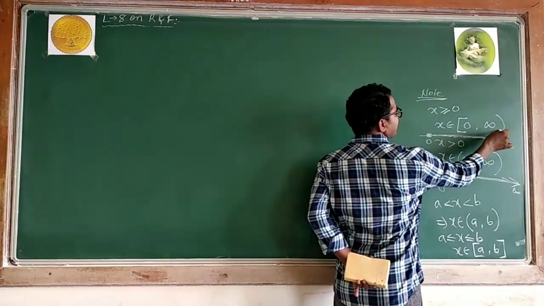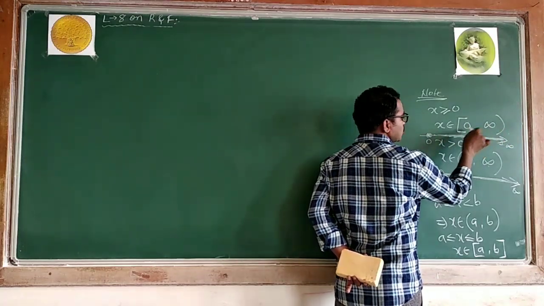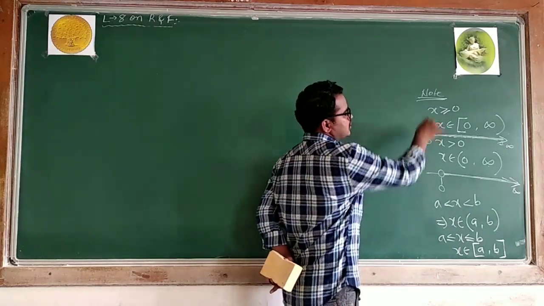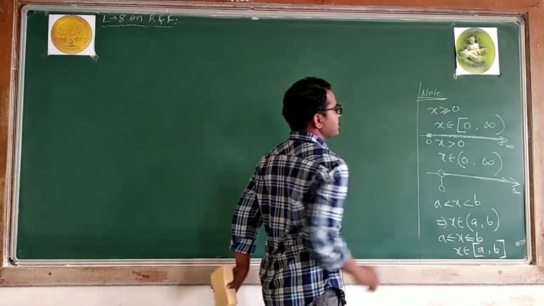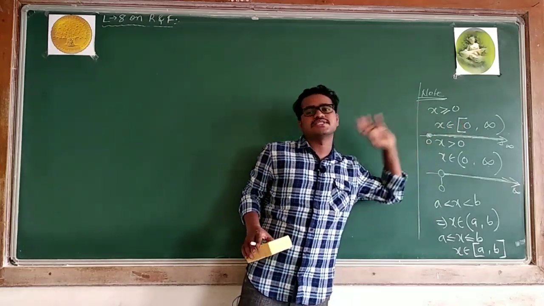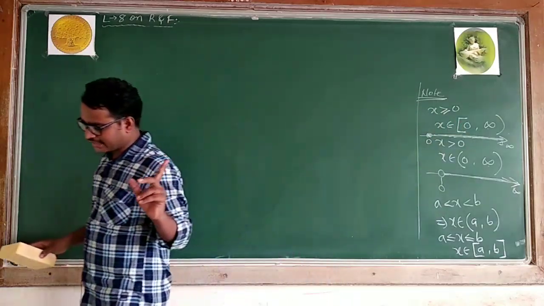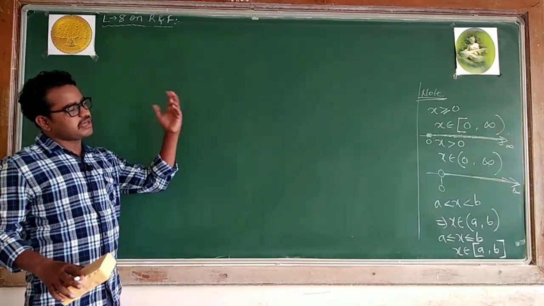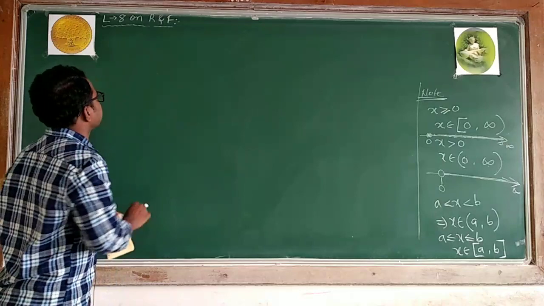With closed-open, closed means this point is included, and infinity is always excluded. So while finding the values, you have to take care about this. Whenever I take x greater than or equal to 0, I will write its corresponding interval. We are expressing in interval notation, and it may be for x or it may be for y. I will take some examples.